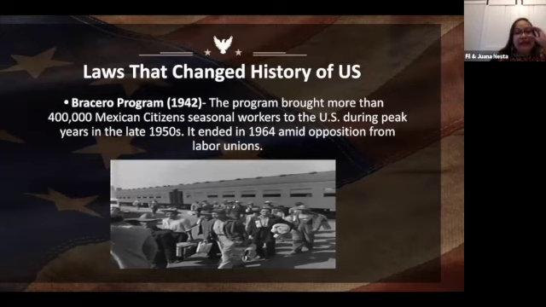And the reason why I said that it's near and dear to my heart is that my grandfather was a bracero, and so he came from Mexico to work during that time in the 40s, and he stayed for a long time, and it was a devastating time for him, and you'll see what happens. So the bracero program, a lot of people coming, working, everybody's happy.